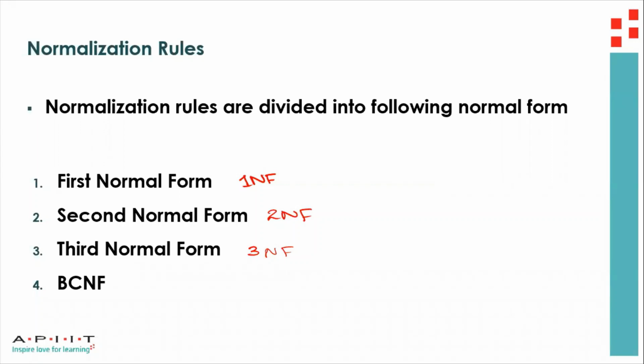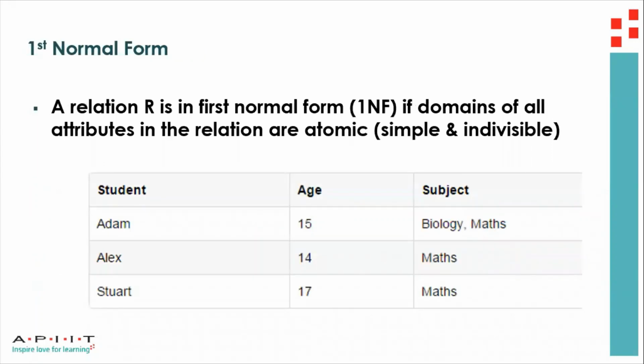So let's move with the first normal form, right? Now, in your syllabus they are not asking what the first normal form is or what the characteristics are. I have seen a few questions where they give a table and you are supposed to write which normal form the relation is in. You're supposed to identify what normal form it is in and what the next normal form is that you can convert it to,